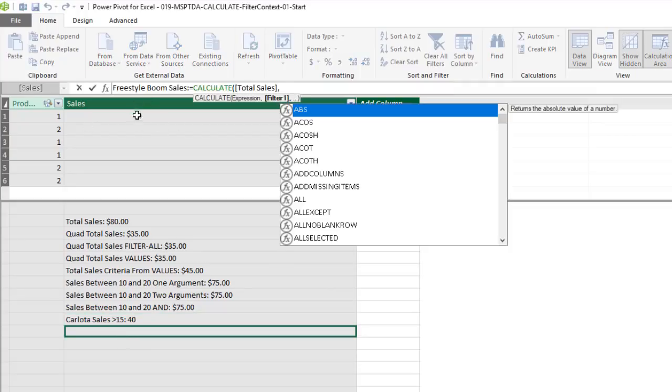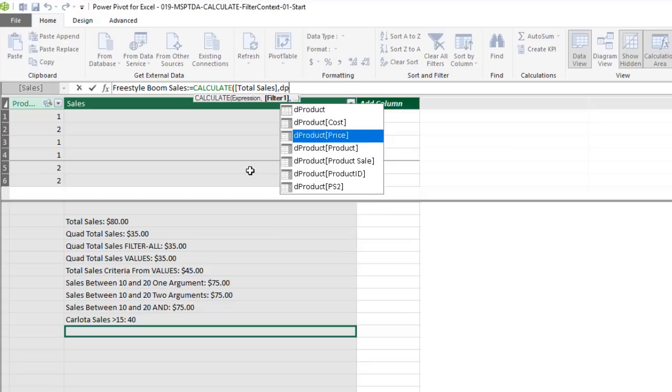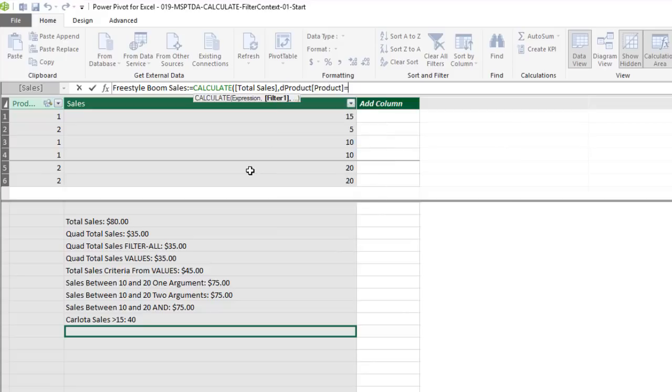Now, this measure is called Freestyle Boomerang Sales. And that's because this group is made up of the Carlota boomerang or the quad boomerang. Now, in our transactional data set, we only have 2 different products that we sold. But here's how we do it as an OR logical test. Hey, product, are you equal to